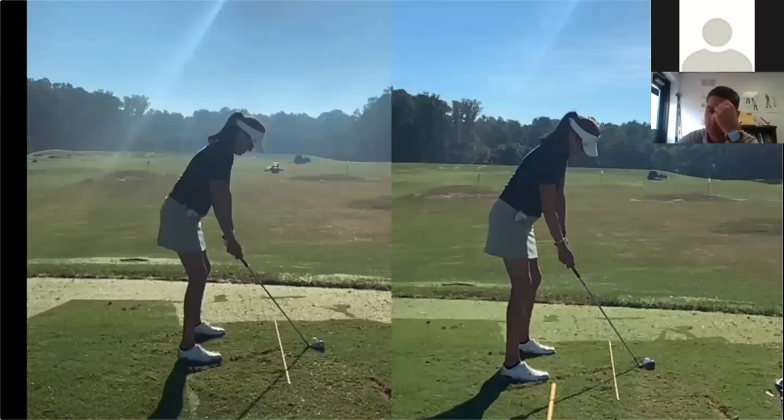Now, particularly, we've also tried to get her club to come more from the inside. As a consequence of working on the backswing pivot, her arms and hands and the club do go a little too much low to the inside. And then she responds the way most golfers do: if you go low to the inside, you're then going to lift up and come out and over the swing plane and hit down and across the ball, especially across to the left. So we've always had an awareness for trying to get her to swing more in to out, but